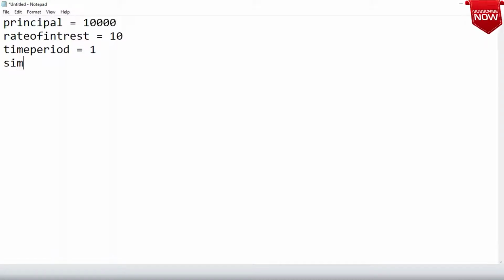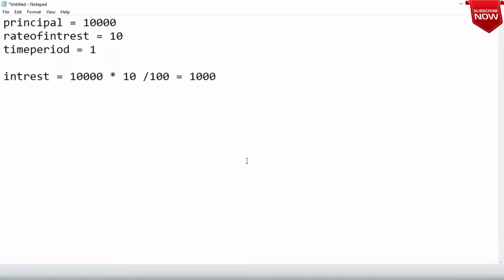So what will be the simple interest? It is PTR by 100. We did this calculation first in our classroom: 10,000 into 10 divided by 100. What did I get? I got 1000. So the interest I gained is 1000.